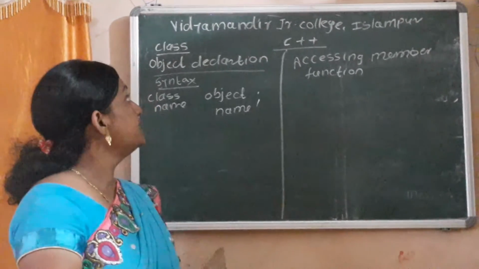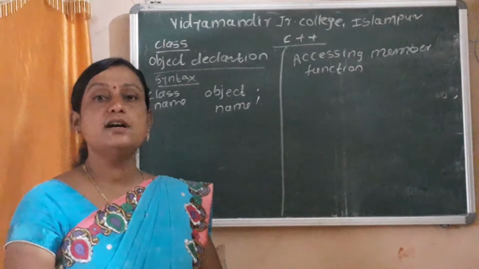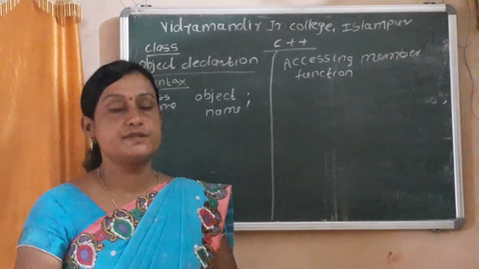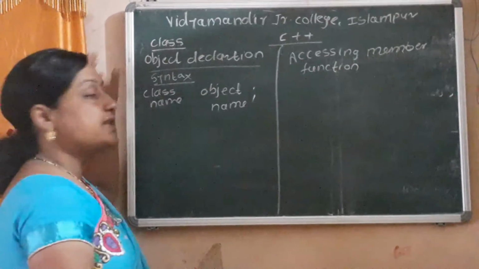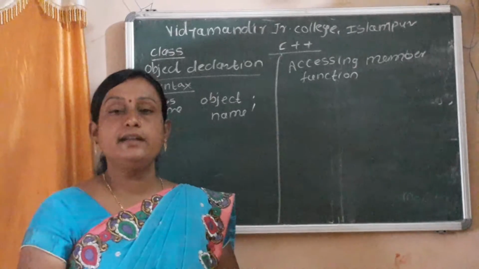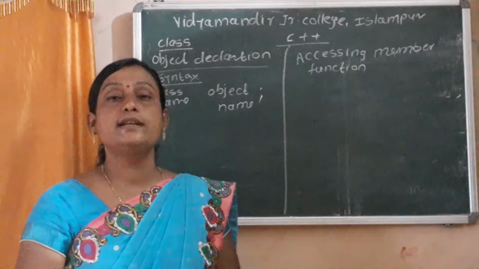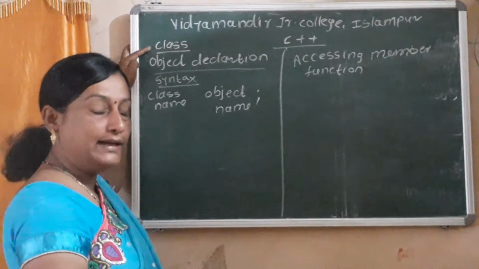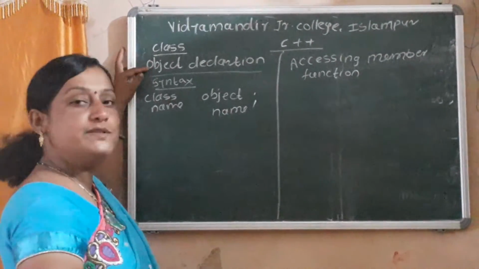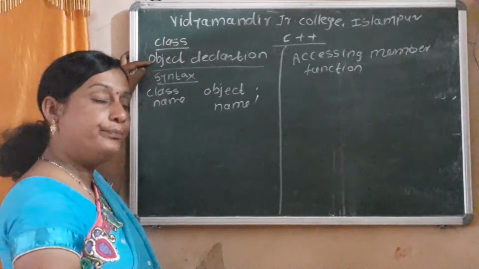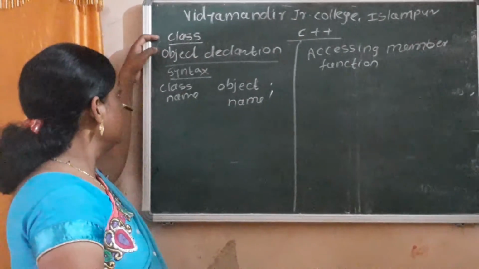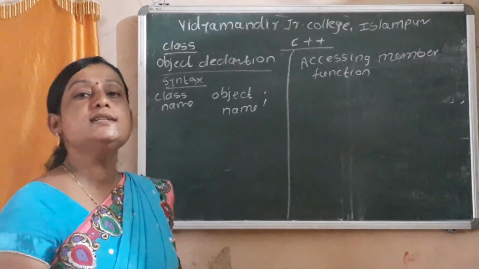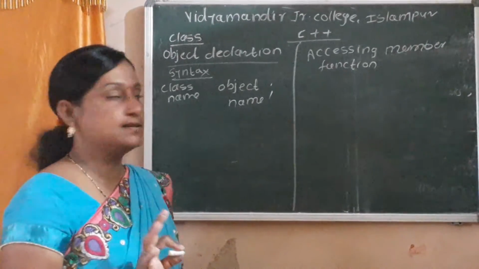First two parts we discussed in the previous lecture. In this lecture, we discuss the third and fourth parts, that is the object declaration and accessing a member function using the object. The object is nothing but a runtime entity whose data type is a class. Class is one user defined data type, and in that the class object is a common variable name. So we say that the object is a runtime entity whose data type is a class.